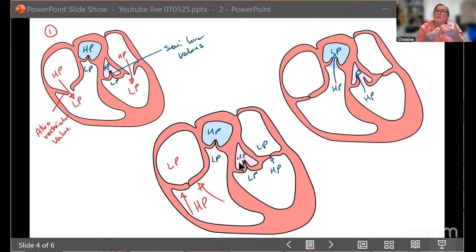So once it fills and those pockets and the valve shuts, there's a little bit of a push down, and that little push down is that little blip you get where there is an increase in the aortic pressure. So that's because once the valve's closed, there's that little bit of a push, and that push gives that little blip that goes up with regards to the pressure. So I hope that helps.